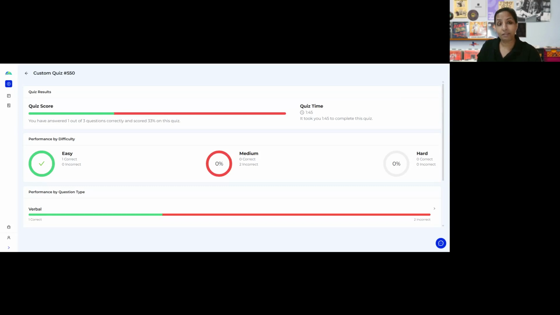What we have happening for us is once we take a quiz, this tool will tell us how we scored. Oh, I seem to have got one correct and two incorrect. And I can also figure out how much time I took to answer the questions in the quiz. And if I scroll down, what I also can figure out is,